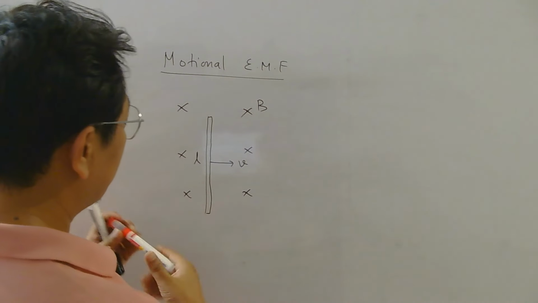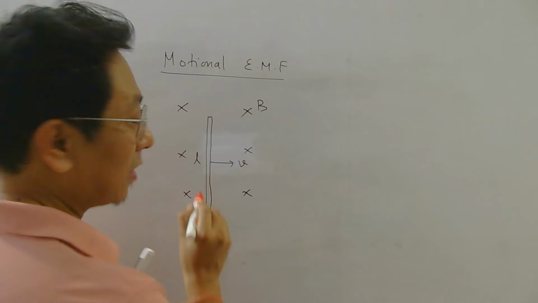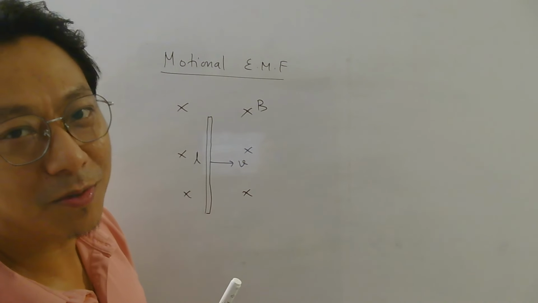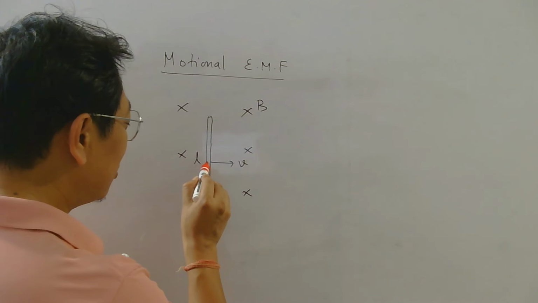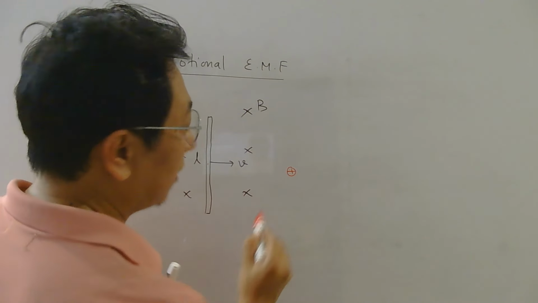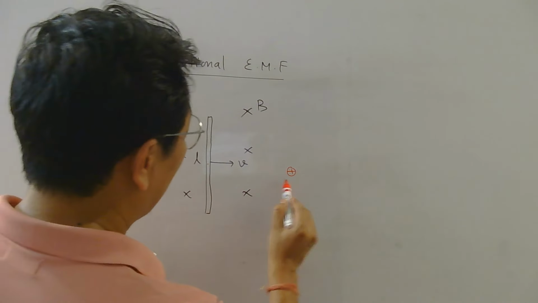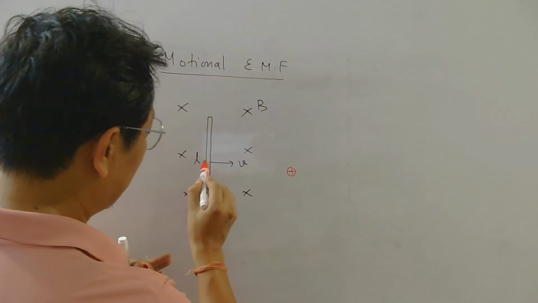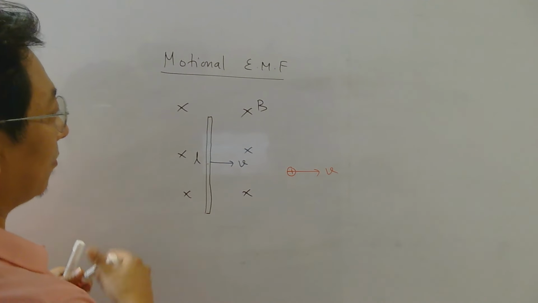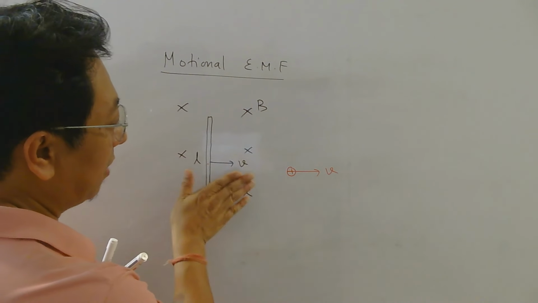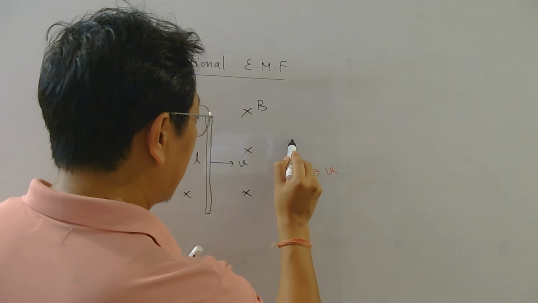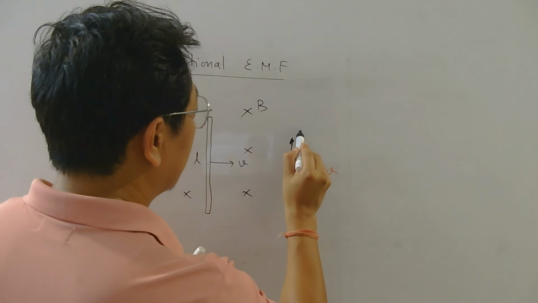Now as this rod moves, the charges inside which are free, obviously only free electrons are free, but it is easier to discuss in terms of positive charge. So let's assume there was a free positive charge here. Where will it experience force? Well, because the rod is going this side, this positive charge will also go that side, isn't it? So there will be a force from the magnetic field given by v cross B out. So there will be a magnetic force QVB,